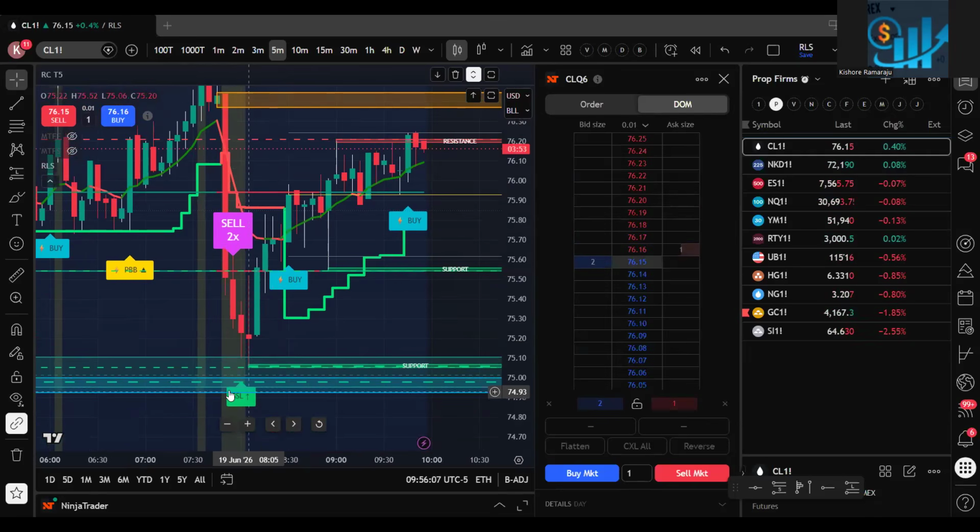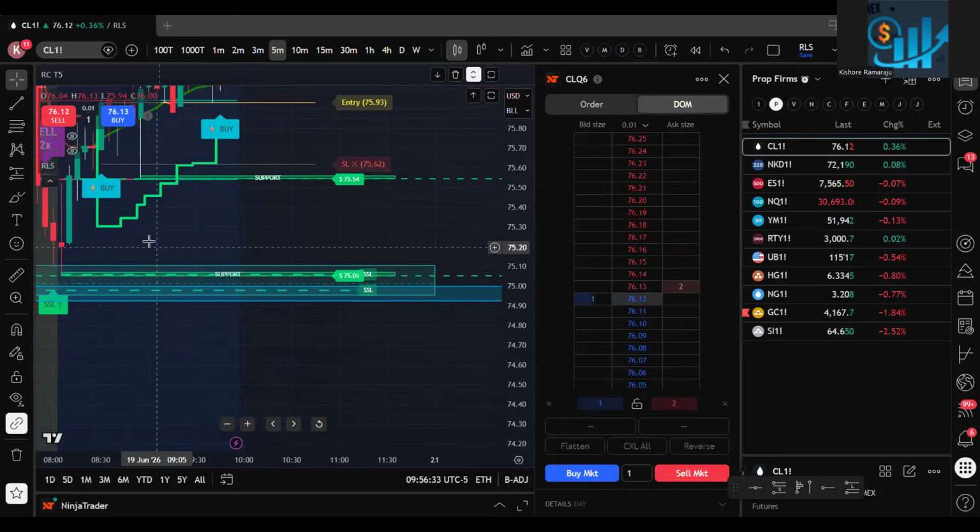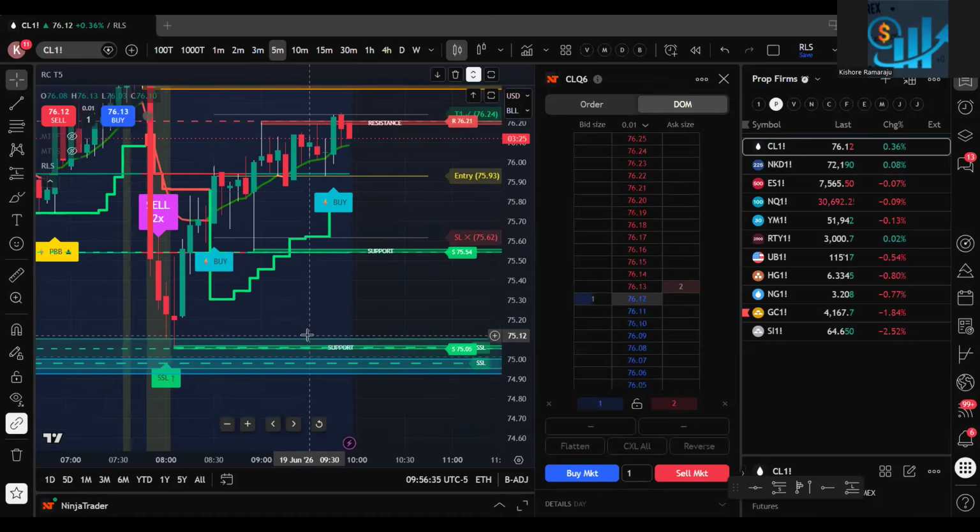It came all the way down, did an SSL, but because the next candle, this candle was a sell, it came all the way down, grabbed the liquidity, did the stop loss hunting. But the next candle also is a huge red candle. That's why we did not get a buy signal. But if you are just watching this chart, you see another sell side liquidity candle, then you got a nice green candle. You know that there are a lot of buyers here, so you can buy on this candle.